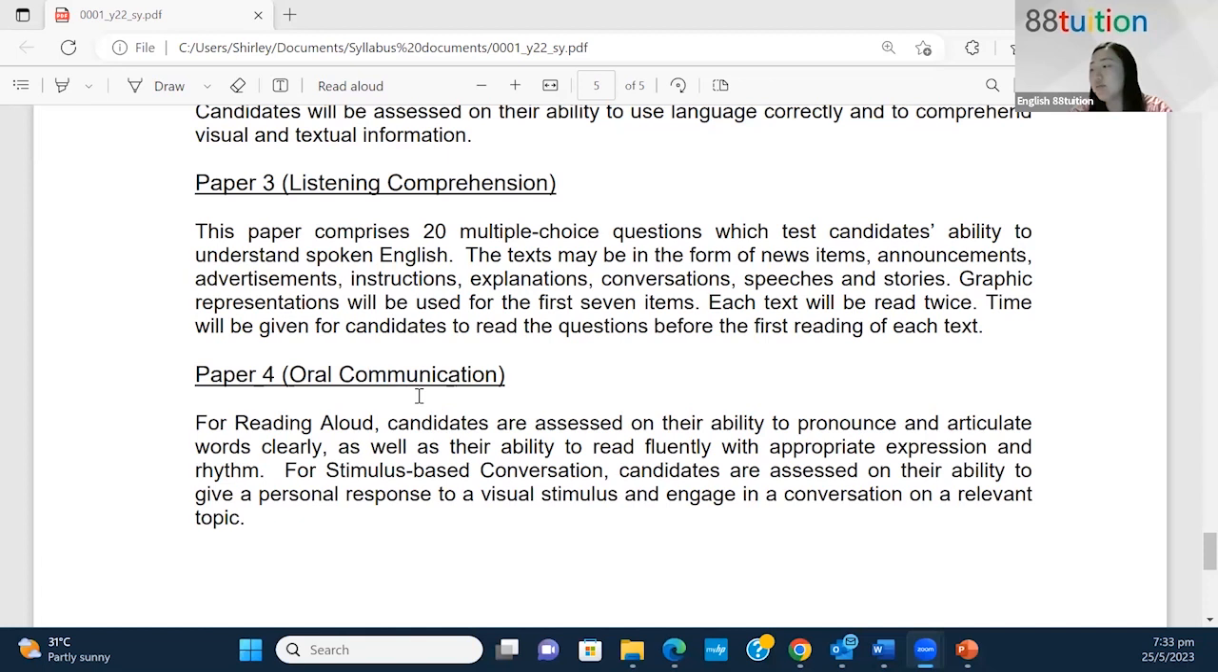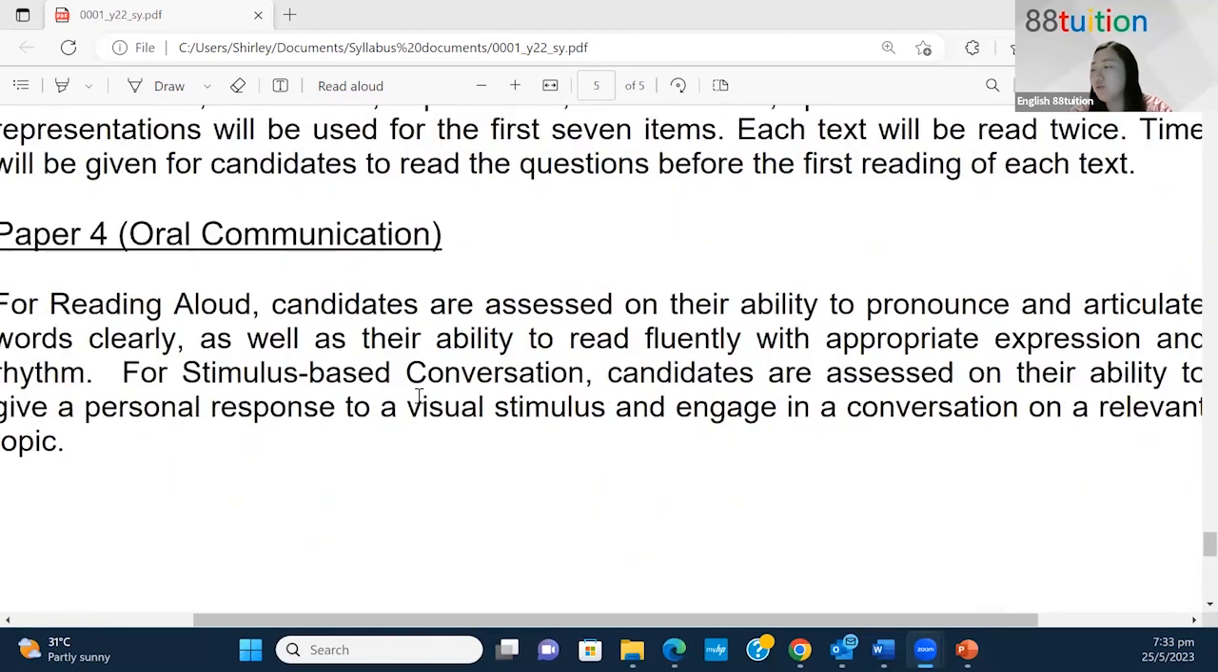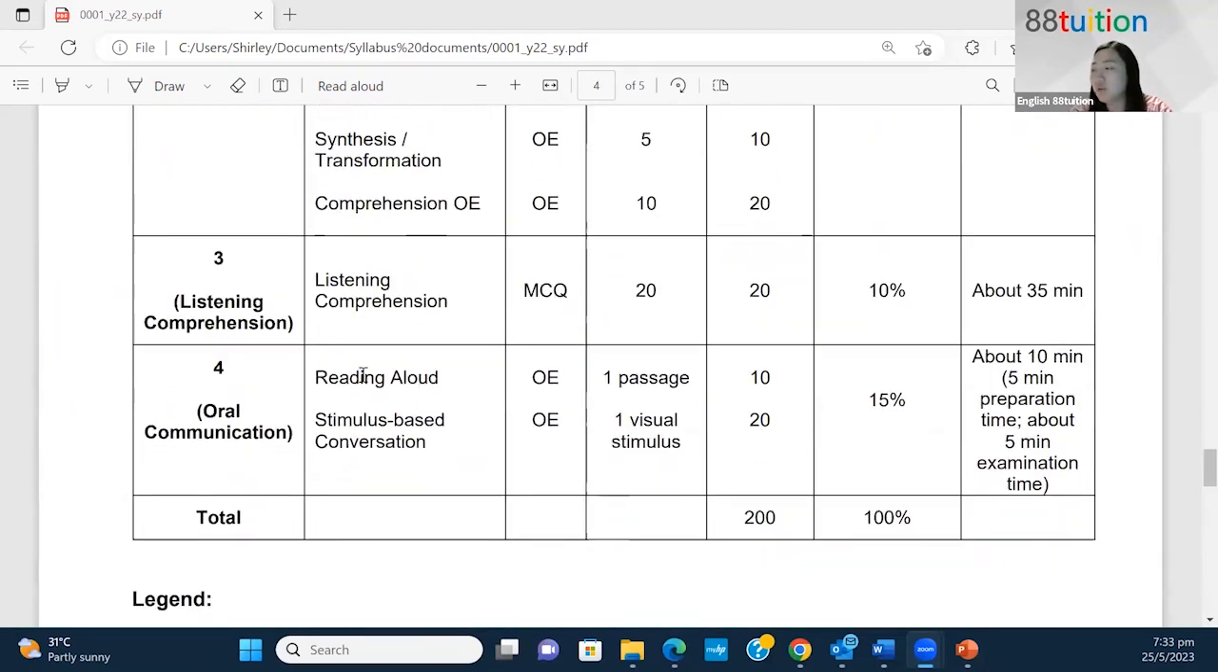So I'm going to share with you the syllabus document. Basically, this is the exam format for oral. I think you do know very clearly that oral is a total of 30 marks, 10 marks for reading aloud, 20 marks for stimulus-based conversation. So total will be 30 marks and you're given 10 minutes